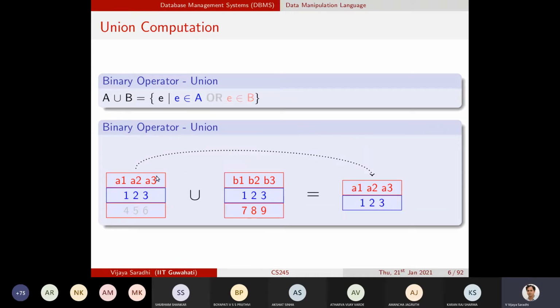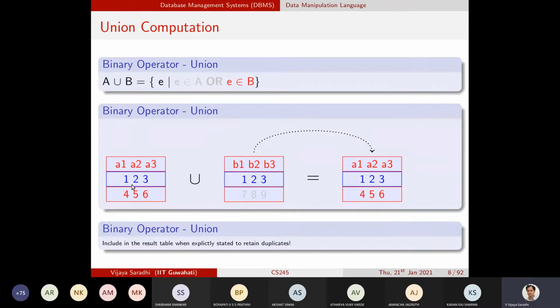I have this table that gets created with the identical column names of the left hand side of the union operator. So if the left hand side of the union operator is A1, A2, A3, that gets reflected in the new table column names. And the data types are also identical to the data types of the left hand side table. So that is the thing.